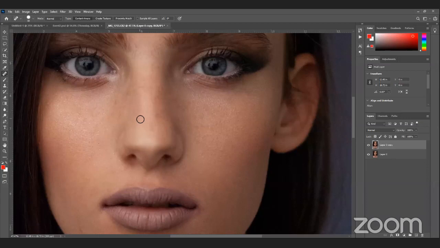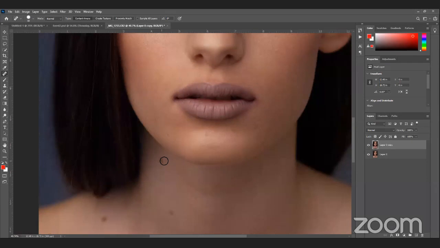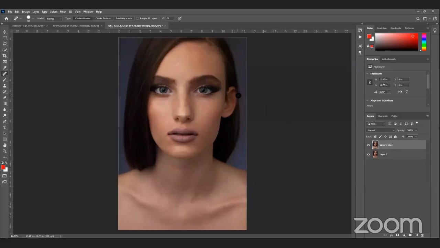Okay, I think this is pretty much clear. A few spots are here also, so we can get rid of those. Done. You can see now, this was before and this is after. So this is how you can get rid of some unwanted spots.